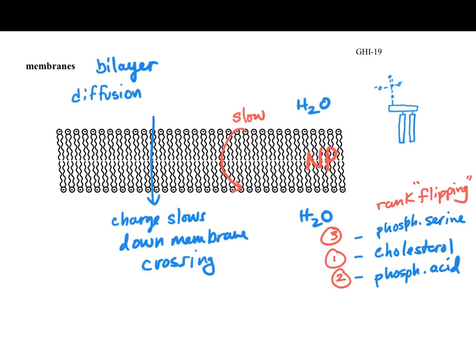Flipping from one side to the other. That's a good little way we can connect these variety of molecules we have in membranes to something that's true of their physical properties. Let's go back and consider something like a potassium ion that has to go through the